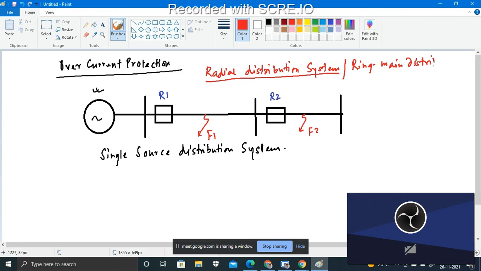So here it is coming the ring main distribution system, root 3 into J square, and 2J square. Here for the overcurrent protection schemes, we need to consider only the radial distribution system, which has relays 1, 2 and 3, connected to one source. It is what I already told in the previous lecture.